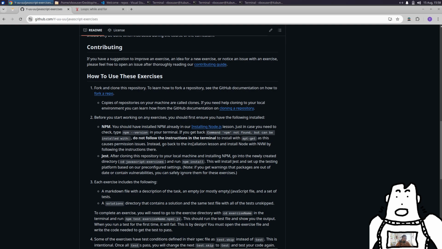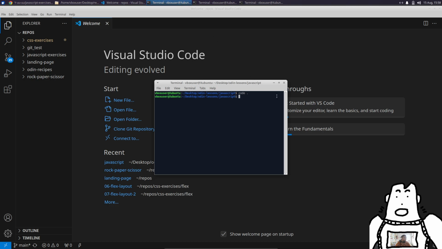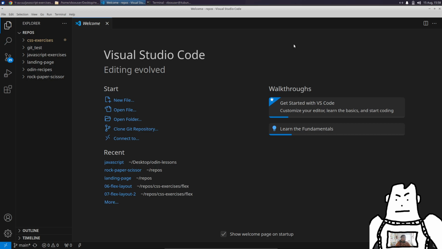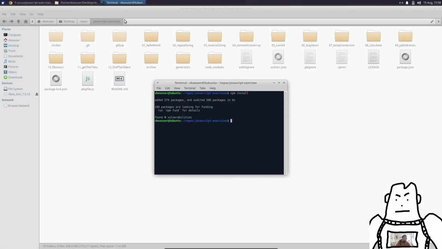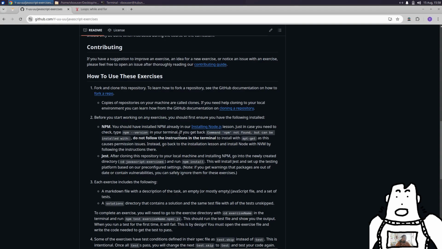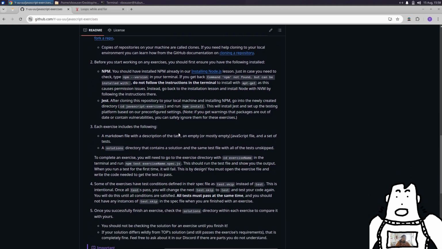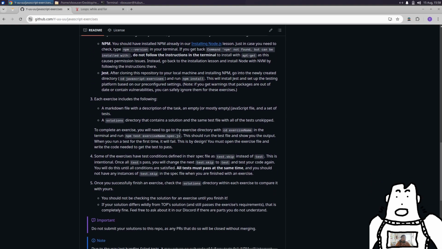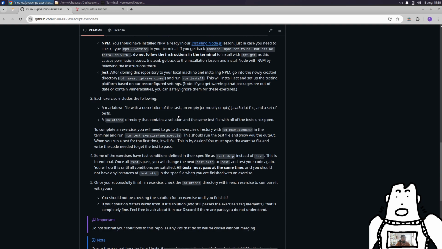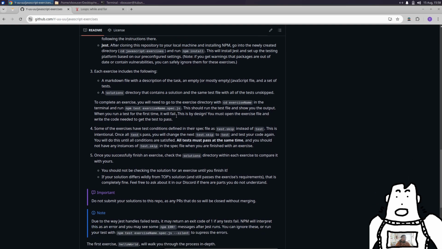If you get warning that patches are out, again. Okay. What's this? No. Oh, I said okay again. What's this? Oh, I don't need this. Then install the packages. Each exercise includes the following: the markdown file with a description of the task, an empty file, and a set of tests. A solution directory that contains